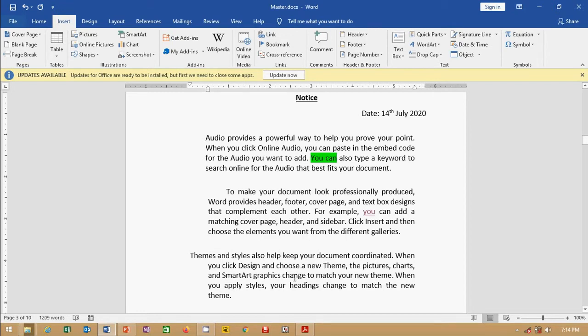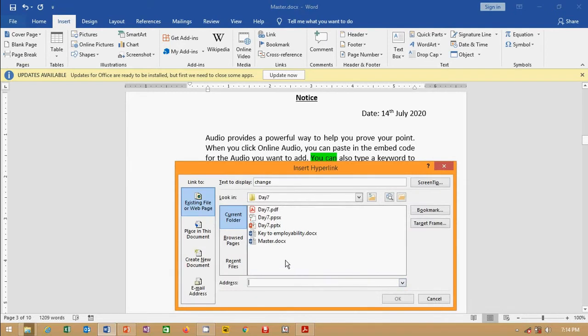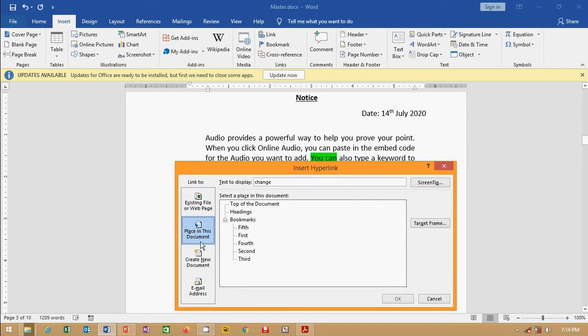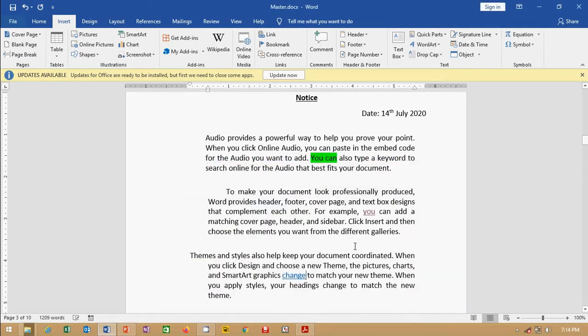Put your cursor here, then press Ctrl K. It is the shortcut key. Now choose Place in This Document, and all the bookmarks will be showing here. Say for the fourth bookmark, I am going to make a connection with this, then OK.